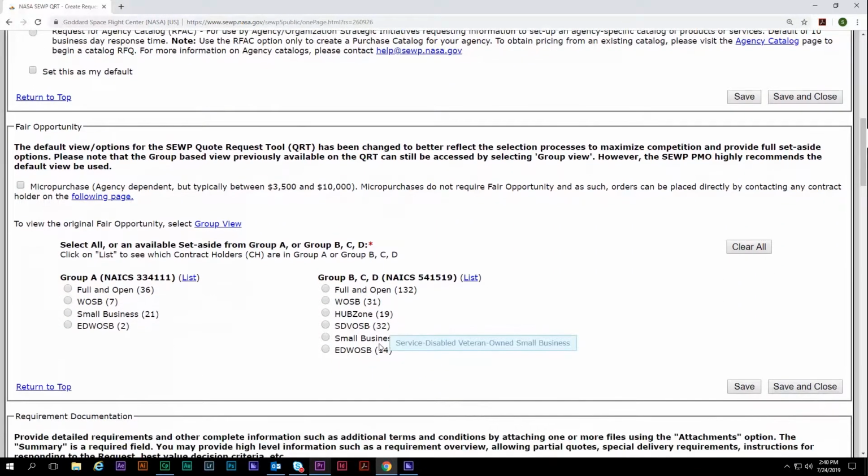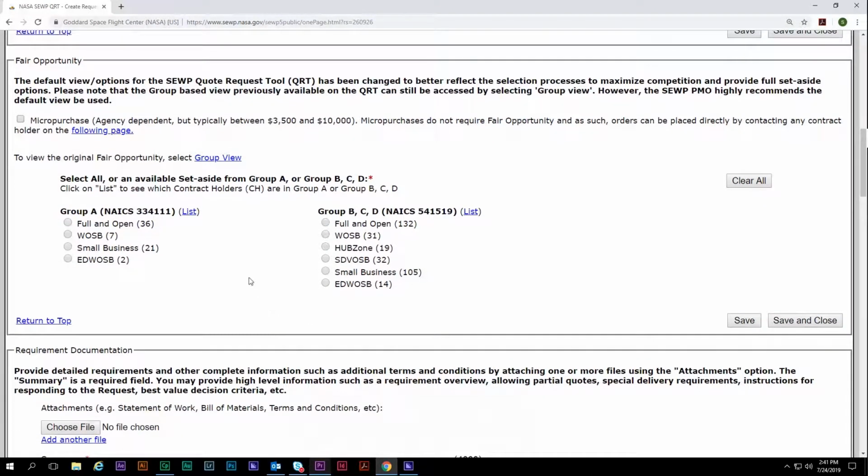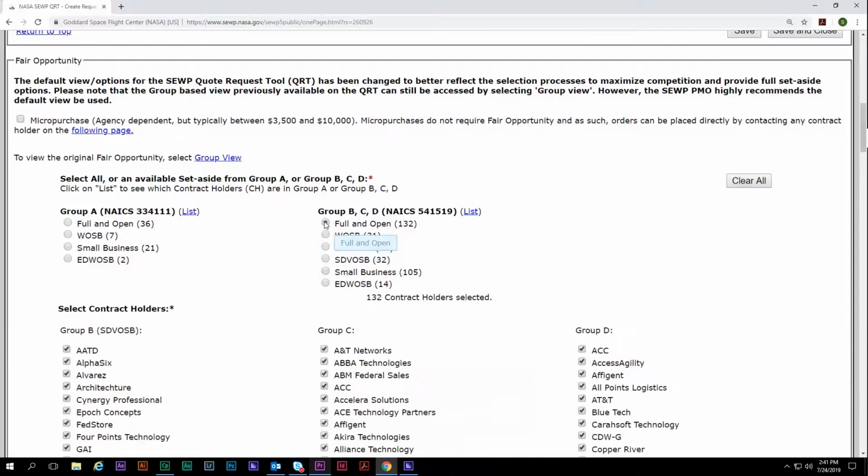Which companies are you going to provide an opportunity to reply to your request? You need to make first a decision whether you will go to the Group A set of contracts. There are 36 companies in Group A, and a breakdown of their business sizes is indicated there. And there are 132 companies in Groups B, C, D. You can go ahead and go to all the companies in Groups B, C, D, or you can decide that